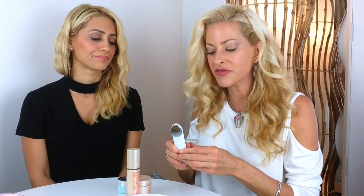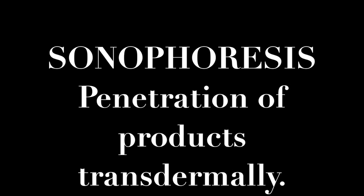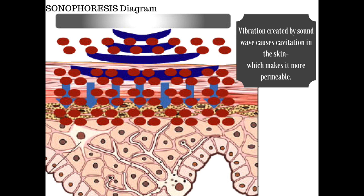I recognize this because I worked in the hospital industry for 10 years, specifically the pharmacy. So why would I know this from the pharmacy? This is an ultrasonic device and it is used in the hospital setting to actually make topical drugs penetrate. The process of penetrating the transdermal layer is called sonophoresis. So this is an ultrasonic device that creates sonophoresis, which is the penetration of products transdermally through the skin